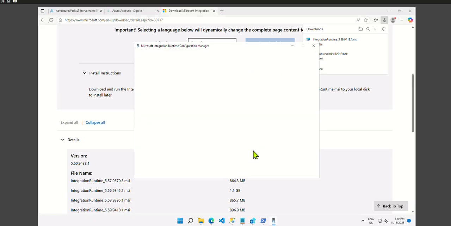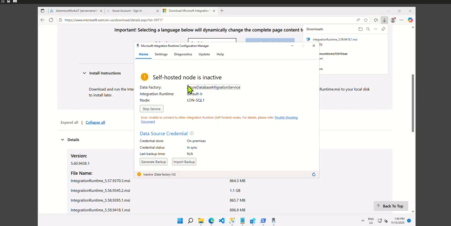Okay, let's do the configuration. You can see the self-hosted node is active,